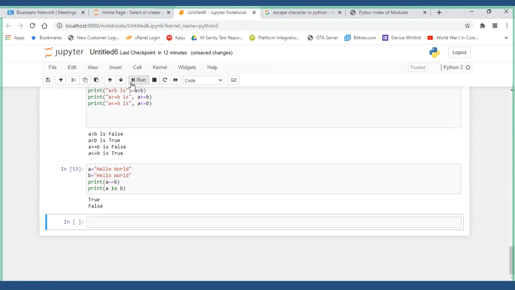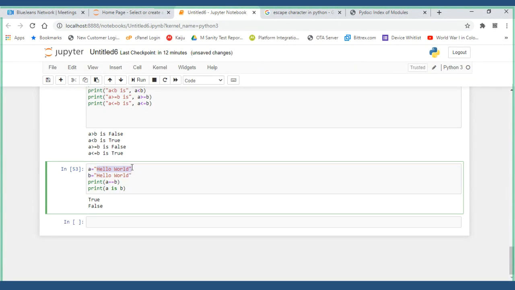A is equal to hello world, B is equal to hello world. First, what it is doing: A is hello world, B is also hello world or not. It checked and returned true. Yes, the content in string A and the content in string B are same.